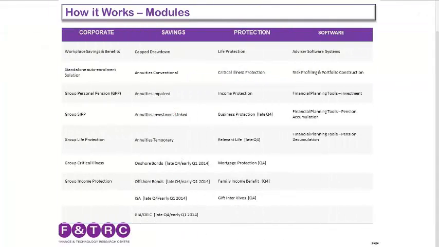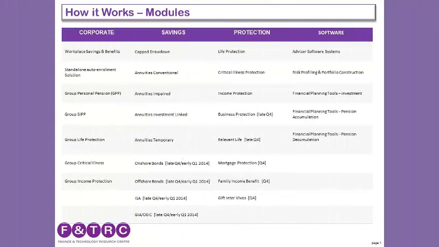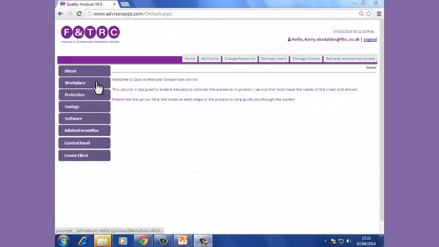email. Quality Analyzer is broken into 4 separate modules: corporate, savings, protection, and software. Users will be granted access to one or more modules according to the selections they made during their registration process. Each module consists of a number of products. On the home page, you can select your specific product by clicking through the relevant module in the left-hand menu